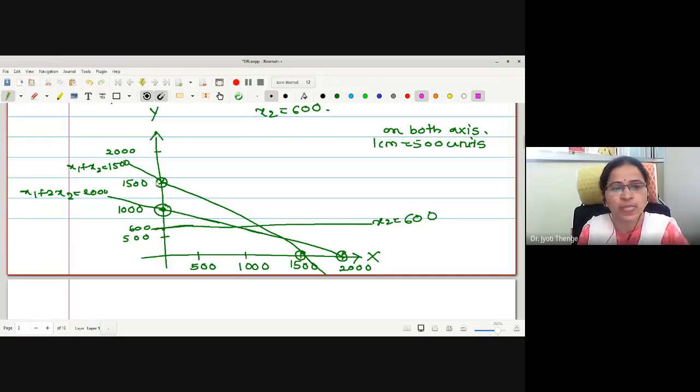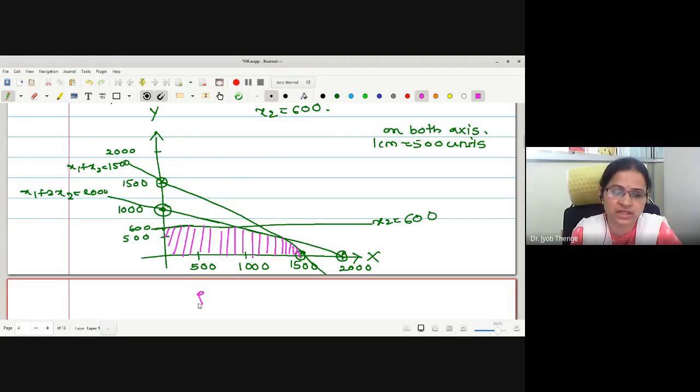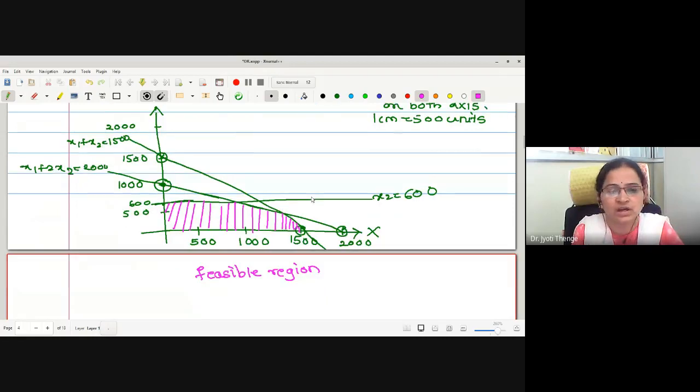If you consider this line, this will be a total region actually. But we have to consider this line also. Therefore, we have to consider the region below this line. Therefore, the common region below all the three lines will be, let me shade it here like this. Fine. This is the region, and this region is called the feasible region. Why the word feasible is used? Why we are finding the values at the corner points only? This theory we will see while dealing with the next part of the syllabus. This is the feasible region.